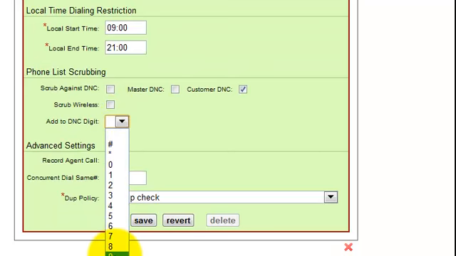Add to DNC digits, select 9 at the very bottom of the list. Record agent call, leave it unchecked. Concurrent dial same number, leave as 1, and no dupe check. Now, come right on back to the top